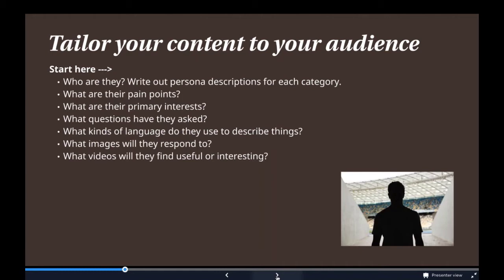So that kind of language, it seems so obvious when we understand what all of those things mean, but you want to use the same kind of wording that your target audience would use to describe themselves and the things they're interested in. What images would they respond to? What videos will they find useful or interesting? So you want to do that for each target audience that you've got, and you can break it down further